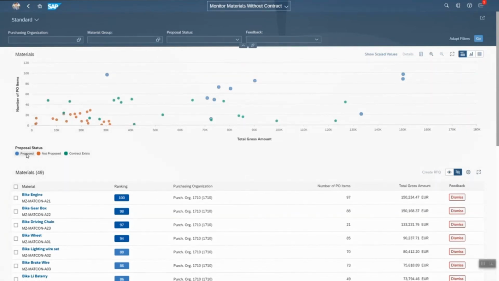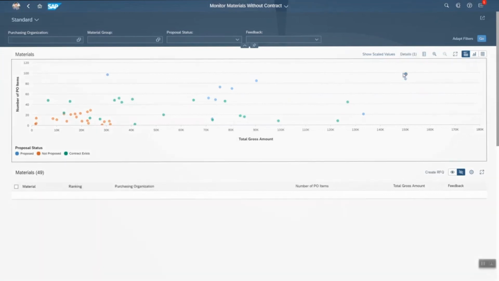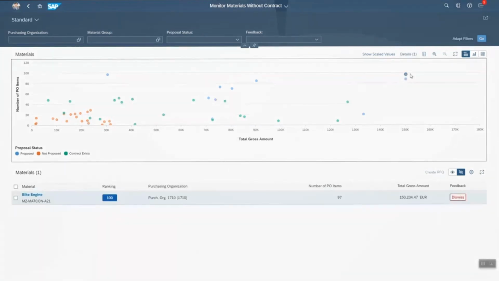Now, if you look here at the axis, you've got the total gross amount. So obviously, the more you're spending, the more relevant it is to actually get a contract to cover it. And similarly, if you've got a lot of purchase order items, then that's also an indication. And if we look at the top right here, indeed, the top ranked one is in fact this one here,